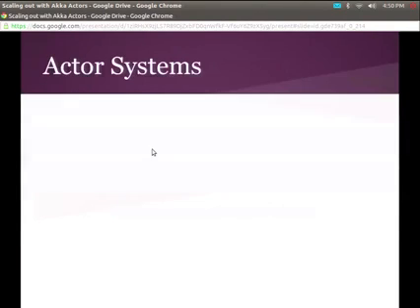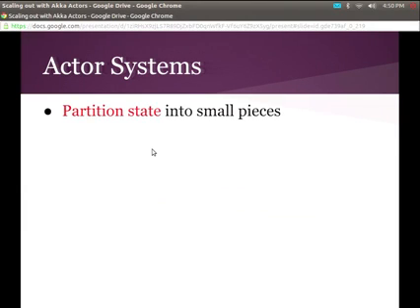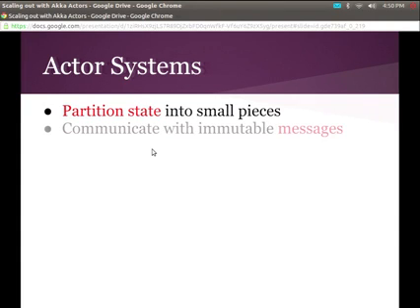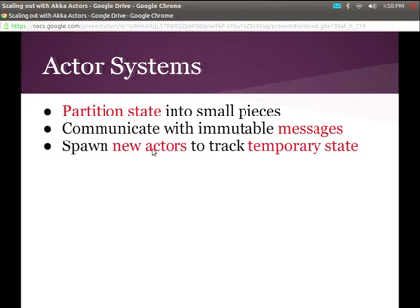10 minutes, thanks. Okay, so to recap actor systems in general, actors are all about partitioning the state of your system into small pieces. That's the primary way that we get a big concurrency boost. Okay? We communicate with immutable messages. Once I send the data, I don't touch it. The other guy gets it. He does whatever he wants with it. Spawn new actors to track temporary state. That's kind of the way that you handle any sort of transaction or